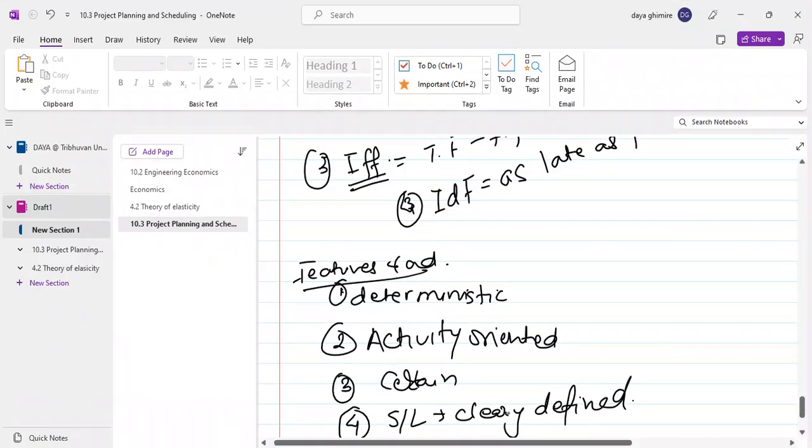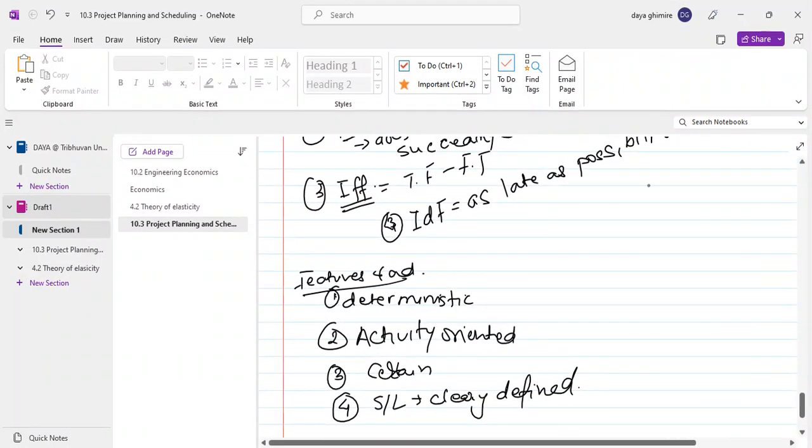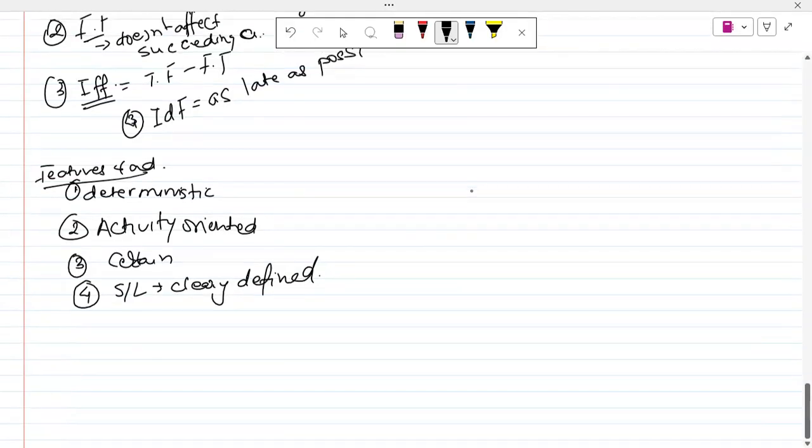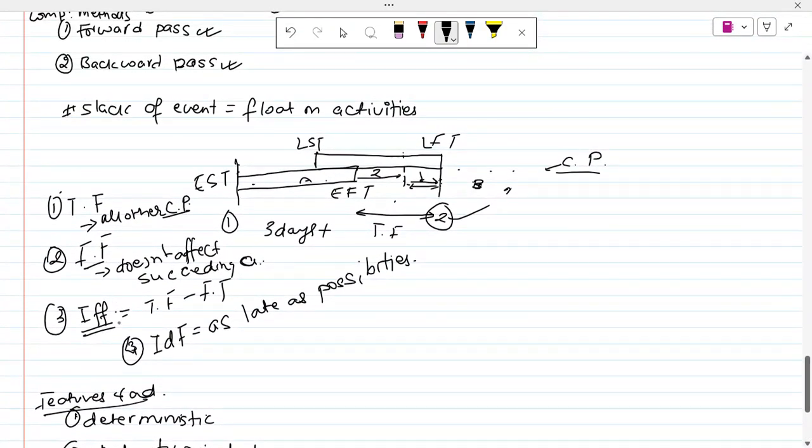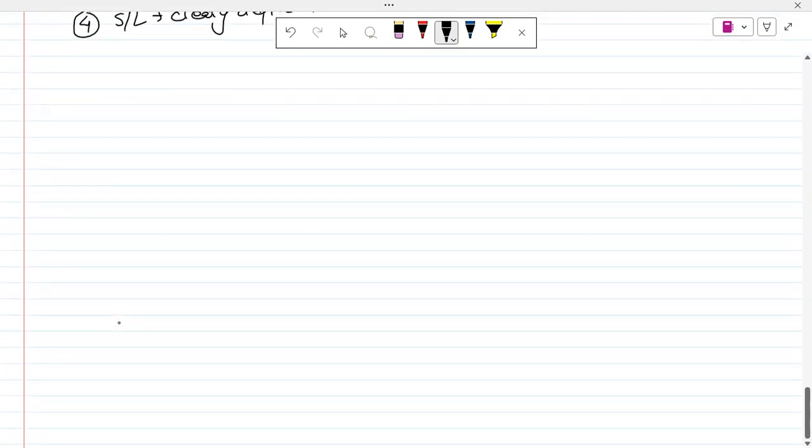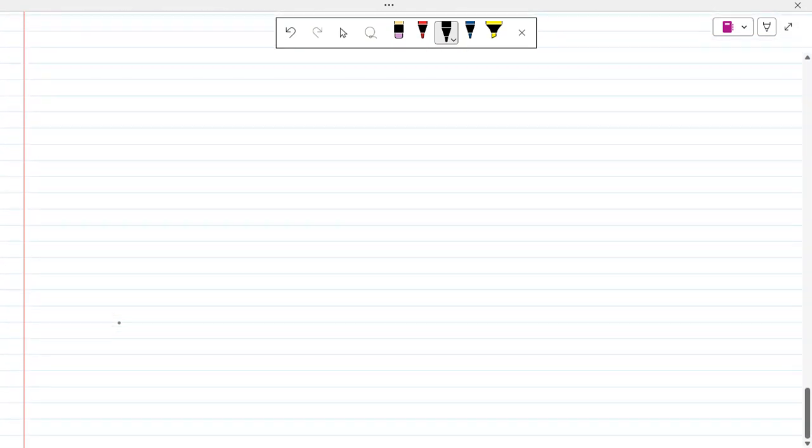Okay. We have talked about floats, total float, free float, interfering float, and independent float, and critical path method. Now we will talk about